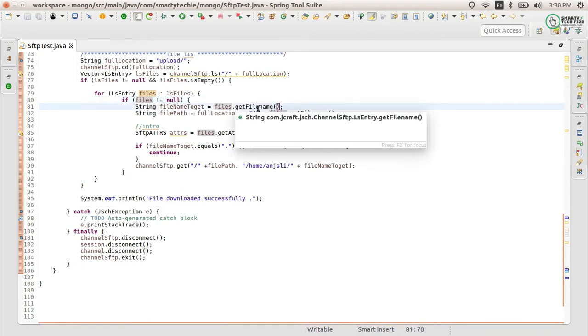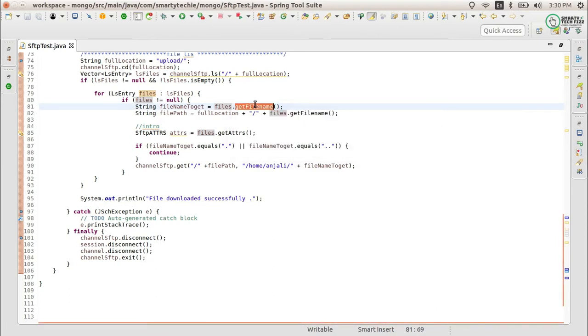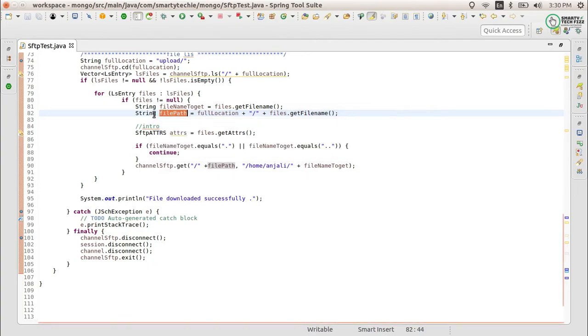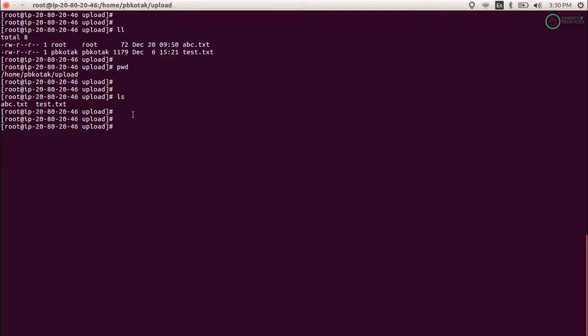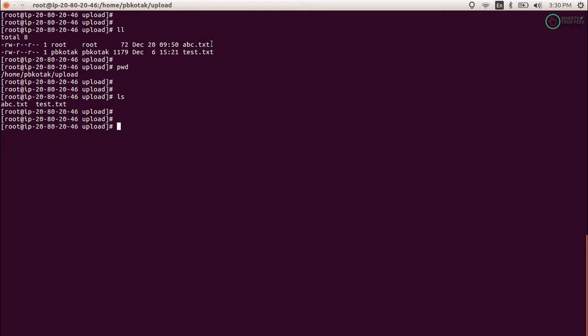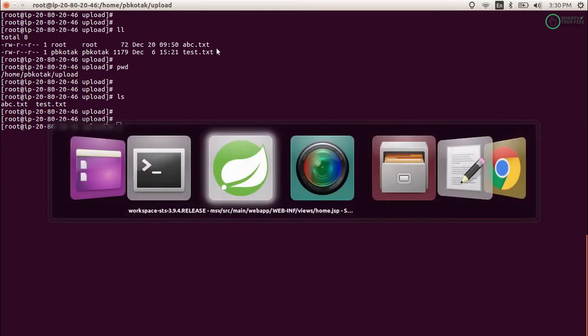This is getFilename; we can get the file name using this function. We are getting the file from it, and we are using the file path. The file path is the full file path, that is, if this is abc.txt, it should be like home, upload, /abcd.txt.